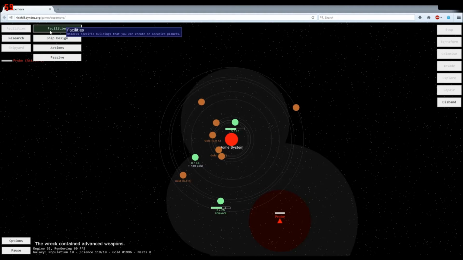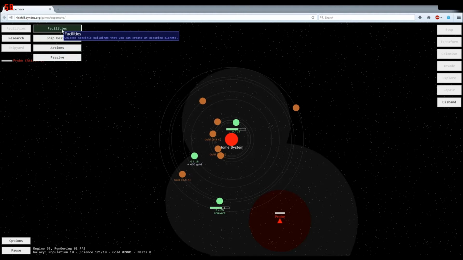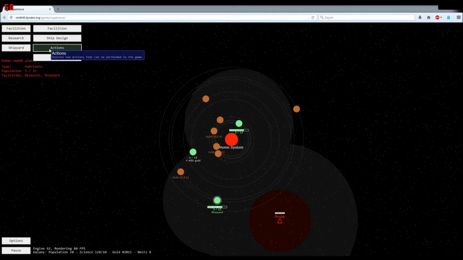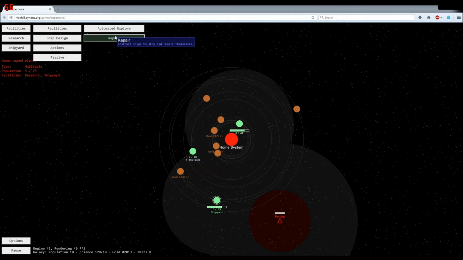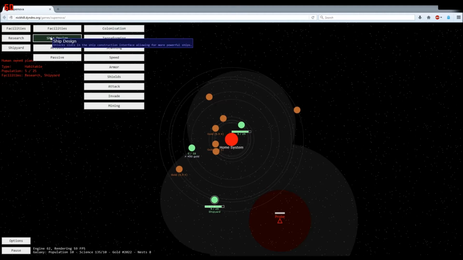If you click on the research button, that allows you to either research facilities for use on the planets that you inhabit, or aspects of ship design. You'll notice if you click on shipyard that you can't really do anything except construct this very basic ship. You can research actions that allow you to do extra things with ships, and there are also passive effects that you can research. You start the game with absolutely nothing,